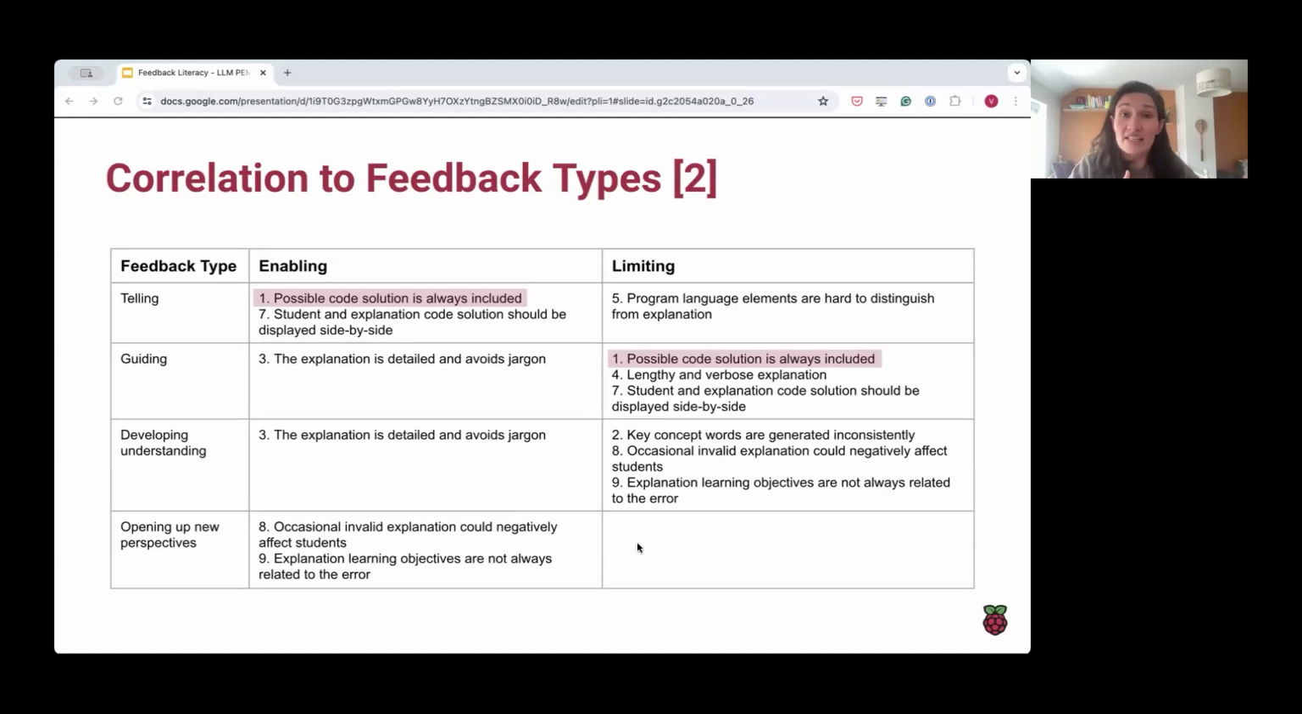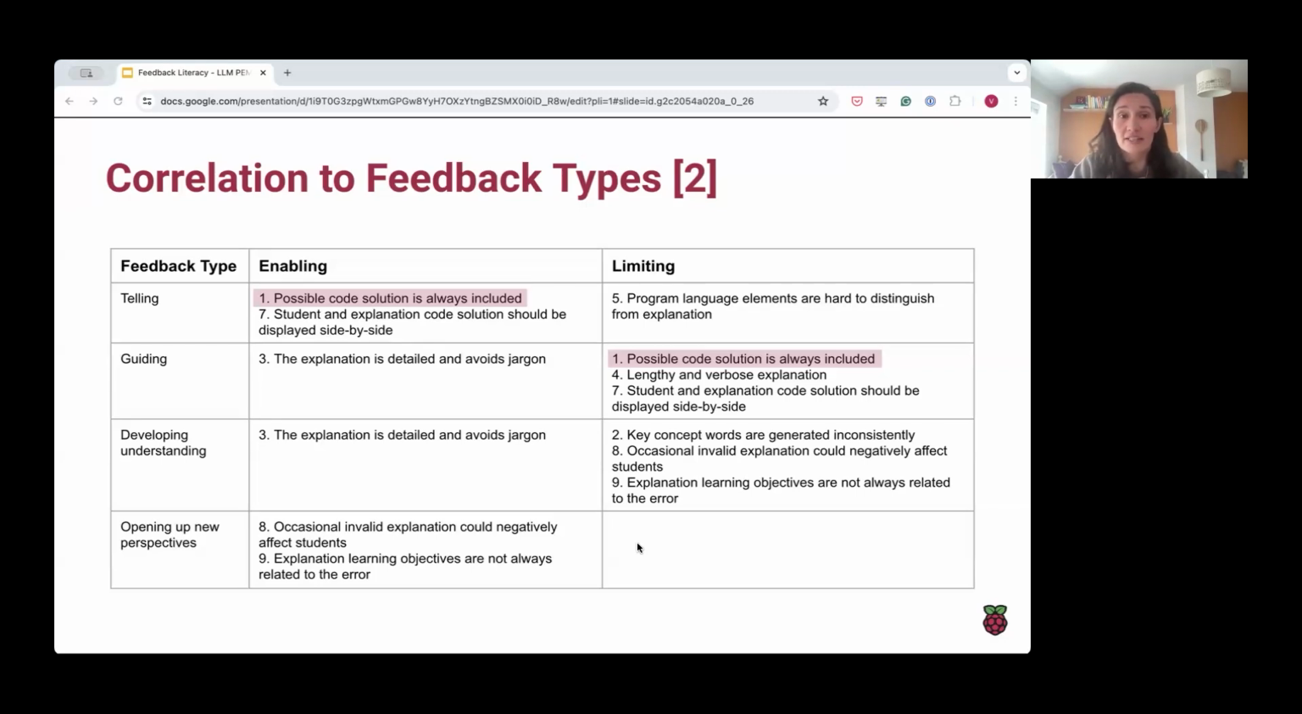How does what educators had to say correlate to these aspects of feedback literacy theory? Let's look at feedback types first. We can see how each theme correlates either in an enabling or limiting way to each feedback type. So, for example, including a possible code solution could enable a telling type of feedback where the passive student gets